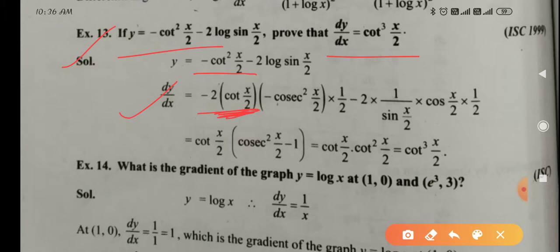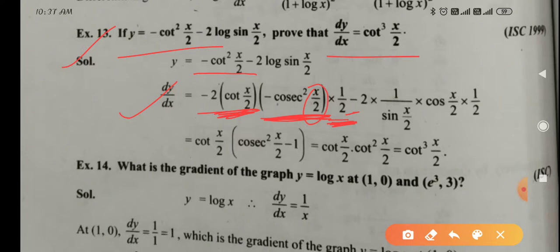So this is the differentiation, but it was not x, its differentiation again it will be done. So cot x by 2 differentiation is minus cosec square x by 2. Now it was not x, it is x by 2, so its differentiation will come in multiplication 1 upon 2. One more time you see, minus 2 cot x by 2, differentiation of this cot square x by 2, then differentiation of cot x by 2 will come minus cosec square x by 2, then differentiation of x by 2 will come in multiplication 1 upon 2. Minus, it is given in the question, 2 into log sin x by 2.